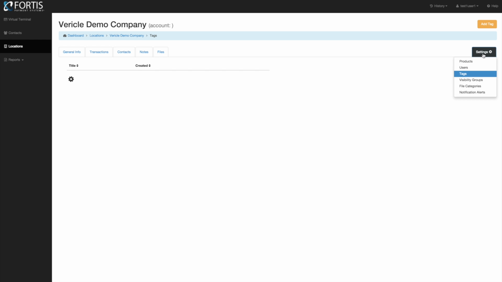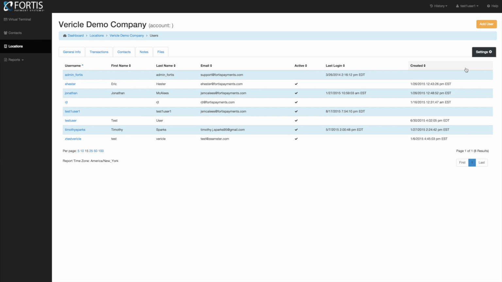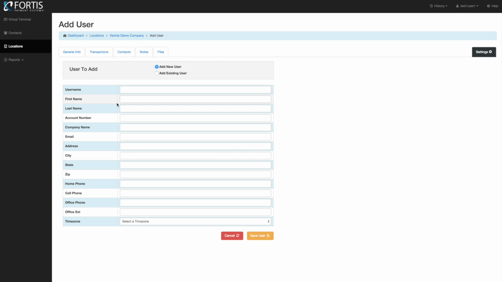The next thing we'll go over is the user section. Now, this is very important to know how to set up the users, and you really got to pay attention to this because if you don't set it up right, the user, their privileges may not be set up right. So you can see all your existing users right here. If we want to add a user, we can just click Add User,